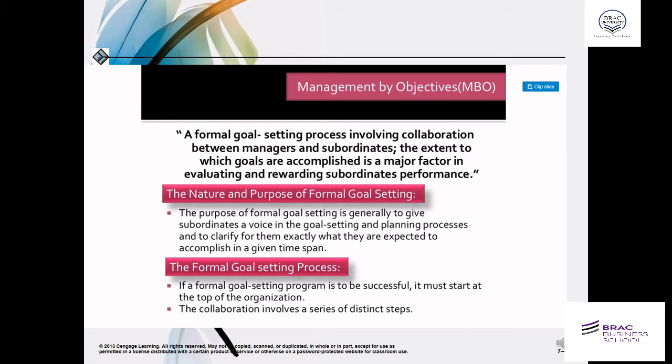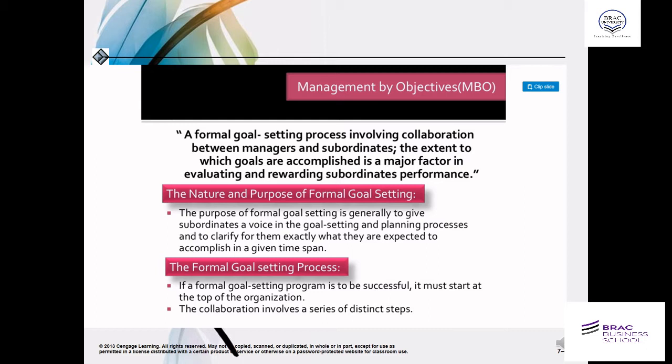So here, when we are setting the goals, the important thing is subordinates have a voice, or subordinates have the scope to place their point of view and opinion, and a leader can accept or can make arguments to come up with better options or results.